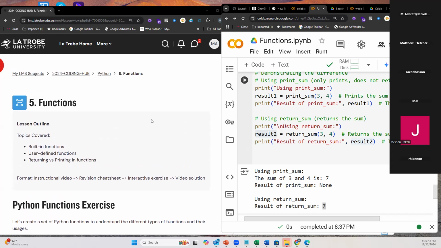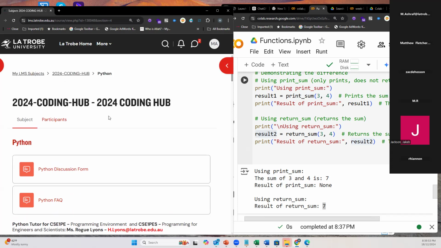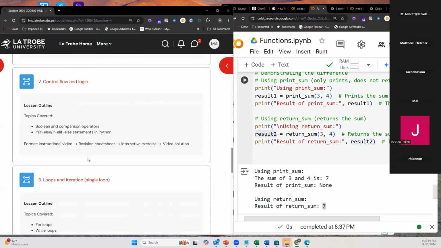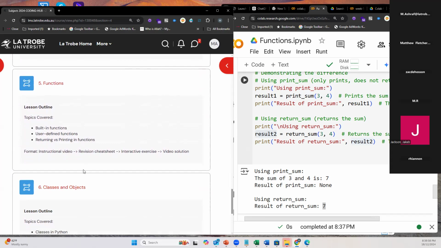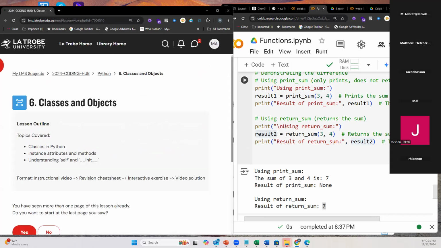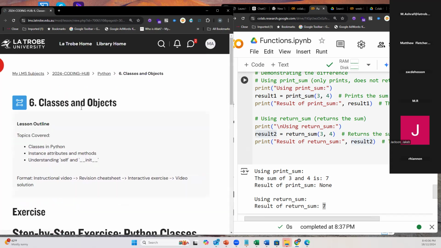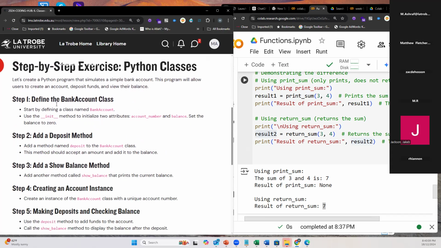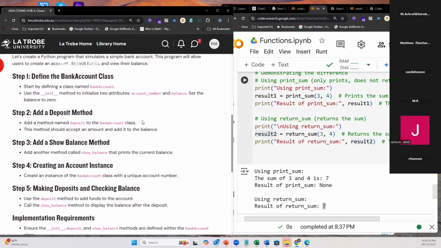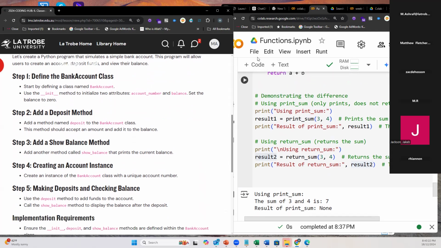Okay, now the next part is that I will open the objects. I am going to the next portion, which is section 6, classes and objects. Yes, and then step by step. So these are the questions. I'll show you one, then I'll ask you to fill up the next, right? So, a step by step approach. So the first one,